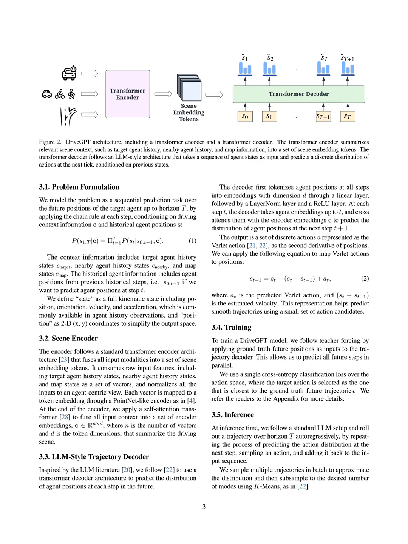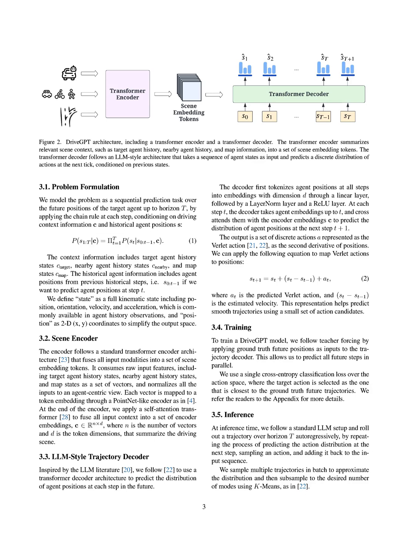The proposed DriveGPT algorithm utilizes a standard encoder-decoder architecture to predict future positions of traffic agents. First, the encoder processes multimodal inputs including target agent history states, nearby agent history states, and map information by normalizing these inputs to an agent-centric view and converting them into scene embedding tokens through a pointnet-like encoder. This is followed by applying a self-attention mechanism to fuse these inputs into a set of encoder embeddings that summarize